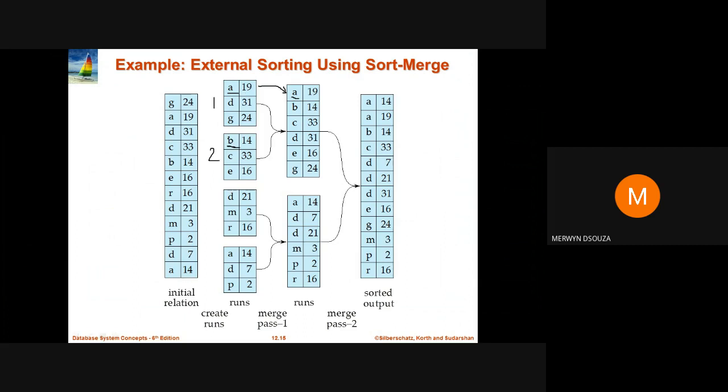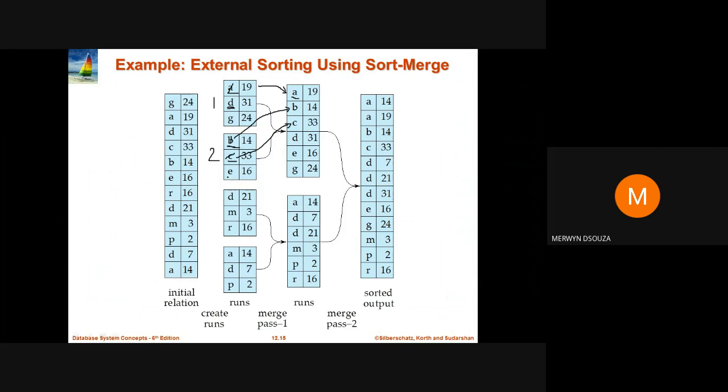Then I see that A is less than B, or A is supposed to be in the output because A is in the proper sorted order. So I put A into the output. Next I fetch D from 1 and compare with B. I see that B is less than D, therefore B is put in the output. Then I fetch C from 2 and compare C with D. C is less, so it goes in the output.